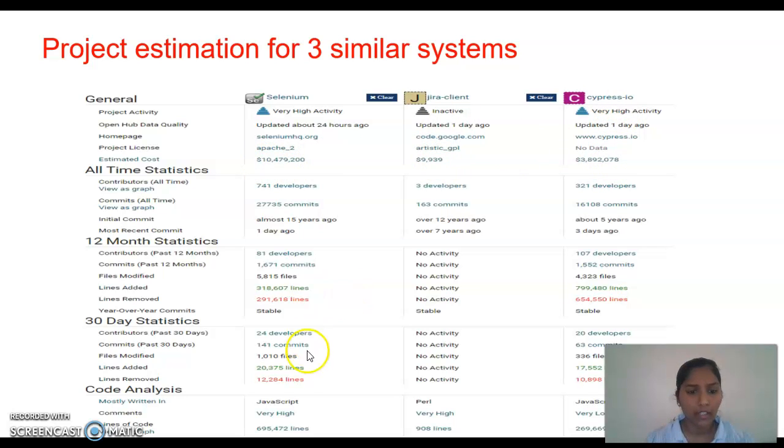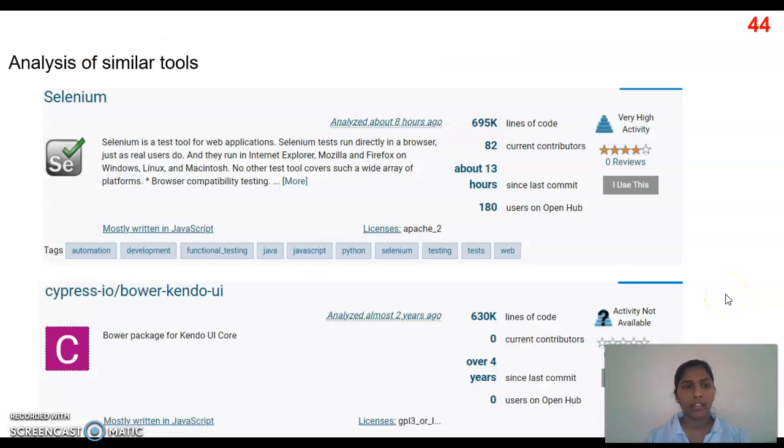We can also see the number of lines of code committed over 12 months, 30 days, and overall. This gives you a glance at how the Selenium and Cypress quality management systems' LOC works.